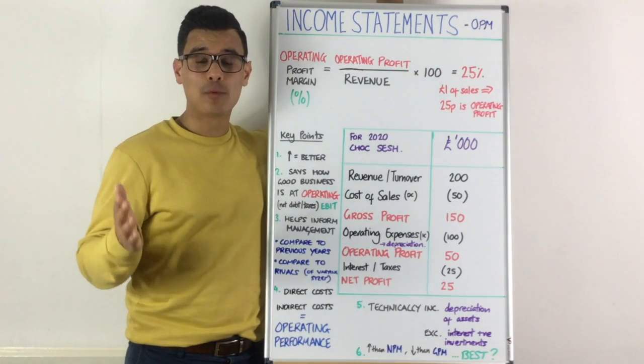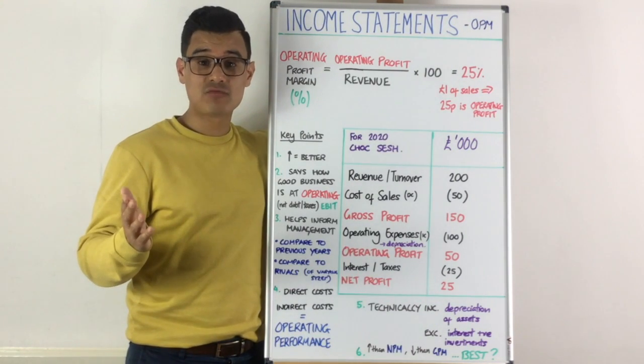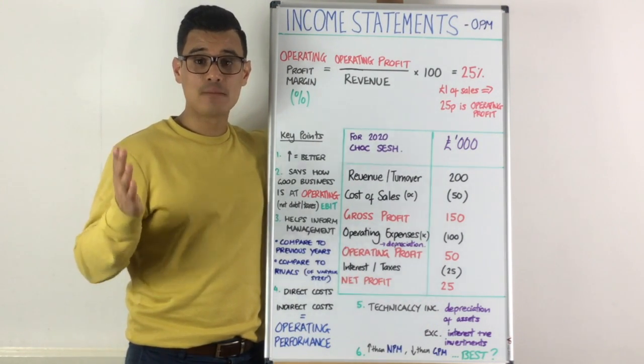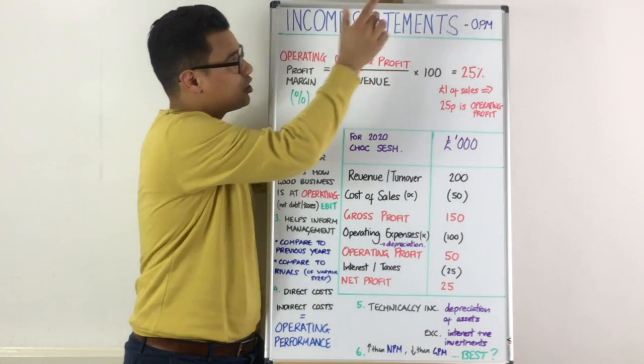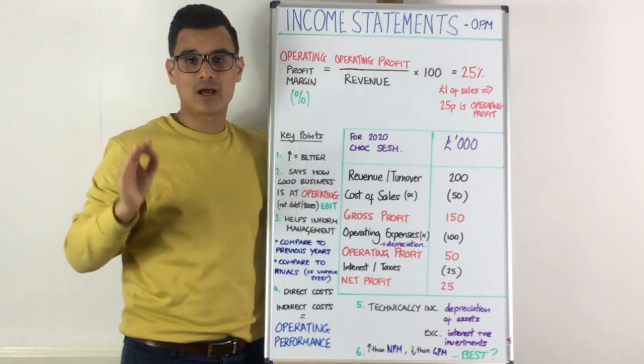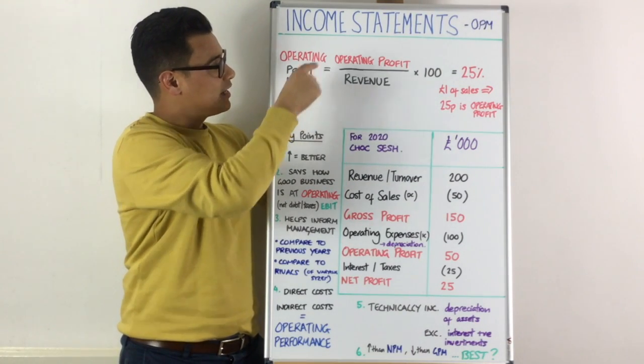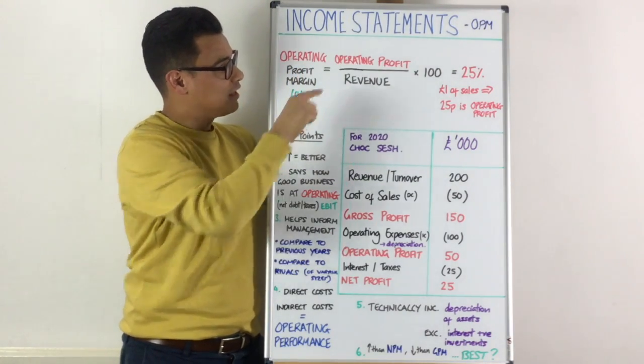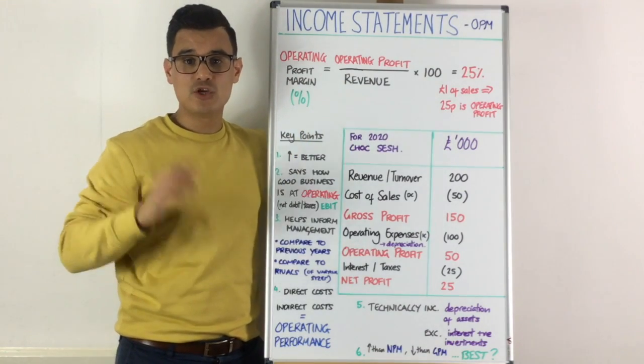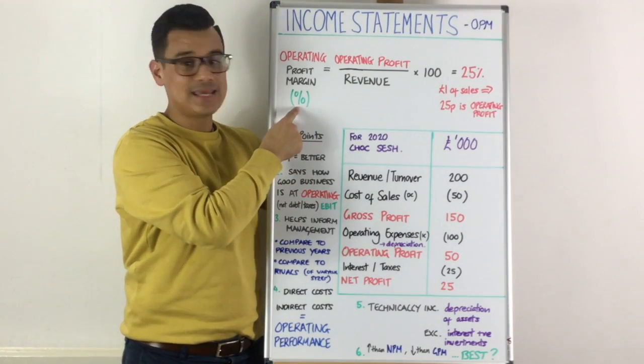Let's have a sesh on operating profit margin. This is relevant for you if you do A-level business. So operating profit margin, you will find the numbers you need on the income statement, the profit and loss account. And your operating profit margin formula is operating profit divided by revenue times 100,